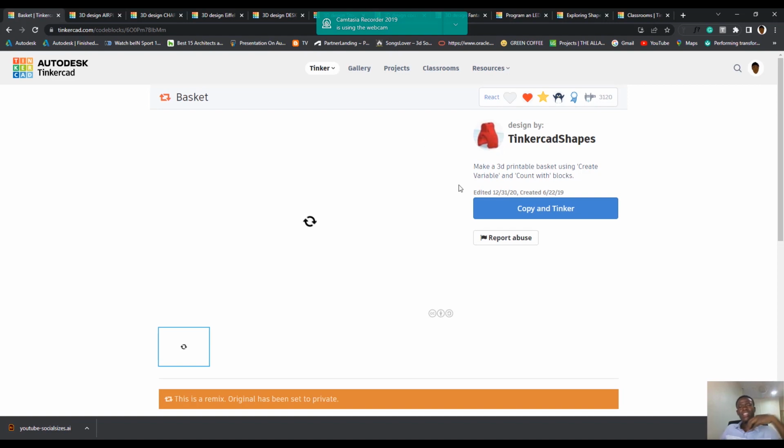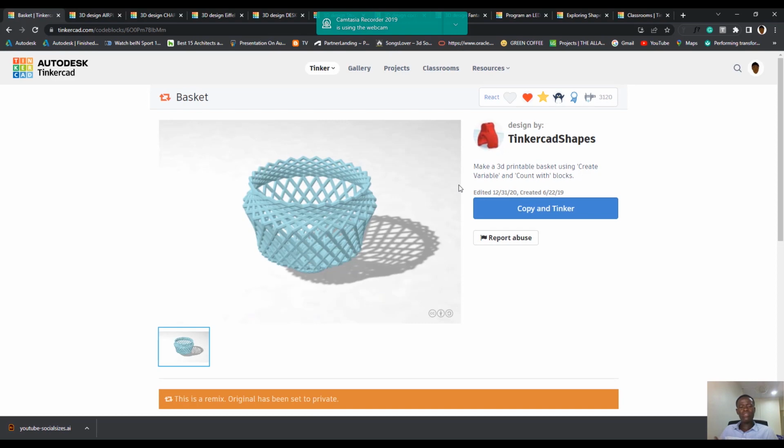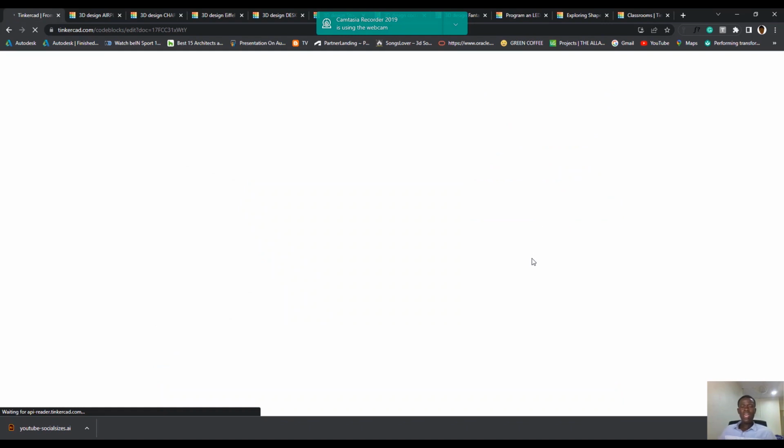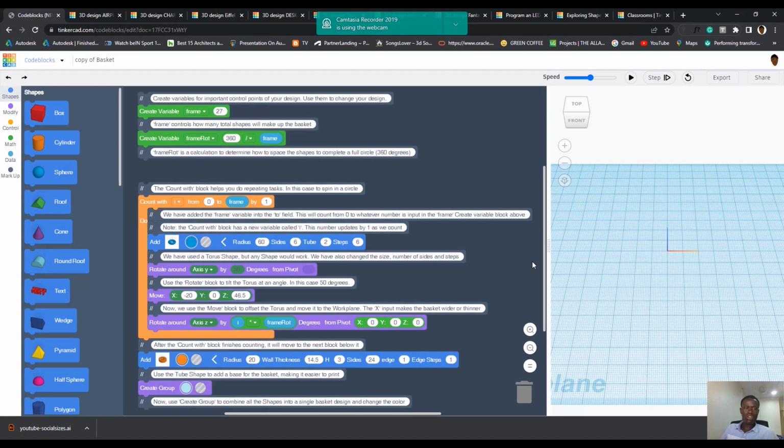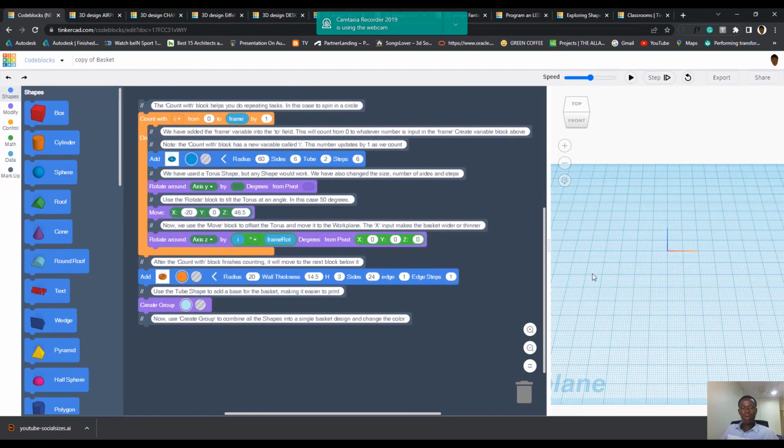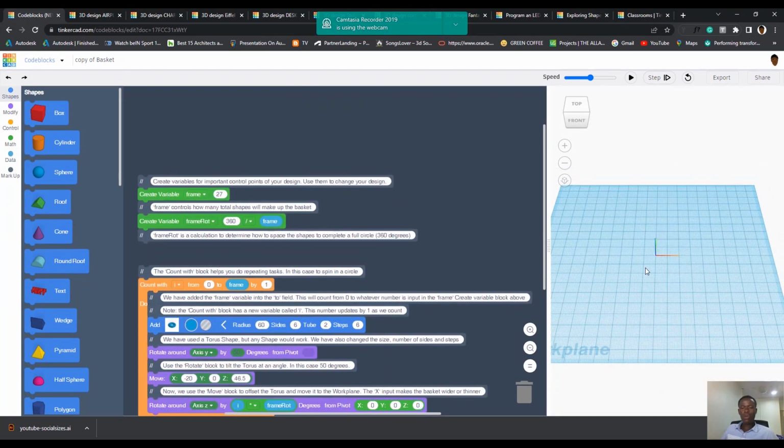So like I said, this application gives you a soft landing into what TinkerCAD is all about. It gives you a soft landing into what 3D modeling is all about and how you even operate in a 3D workspace. It gives you the fundamentals you need to cope, to use and to enjoy how the 3D environment actually works. You can see this complex design that we have here is the result of programming